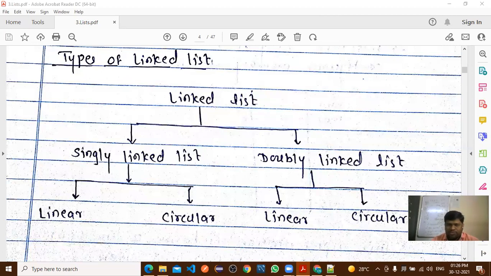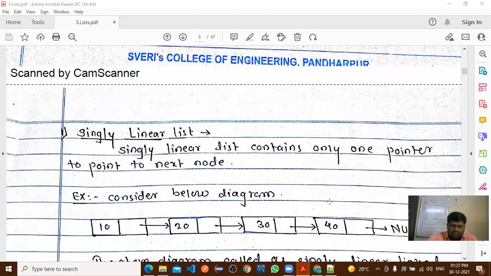How many types of linked list are there? Two types: singly linked list and doubly linked list. Singly linked list is divided into 2 parts, linear and circular, and doubly is also divided into 2 parts. Right.